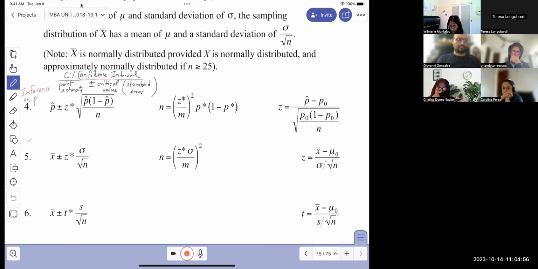So this is inference on the true mean. Very specifically, here I don't know P, so inference on P because P is unknown. Here, inference is on mu, but how funny, we don't know mu. Mu is unknown, obviously, because we're trying to guess at it. But sigma known,